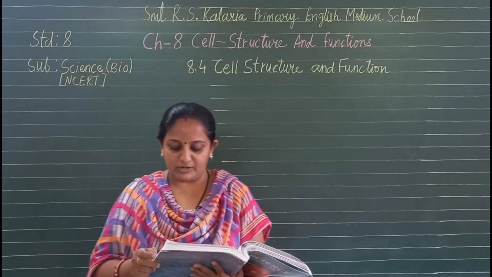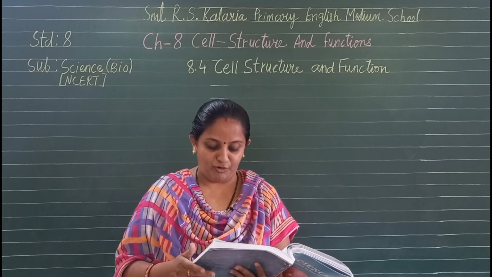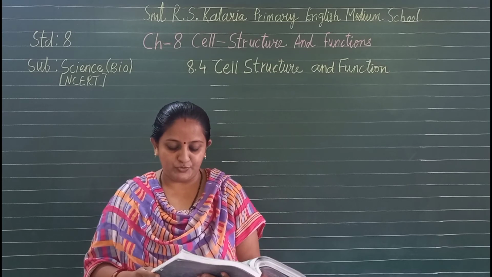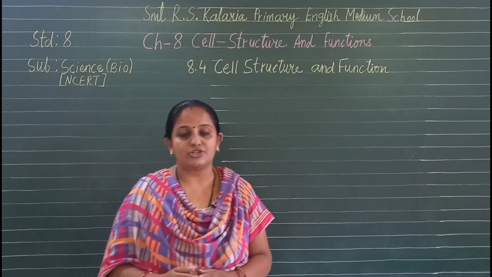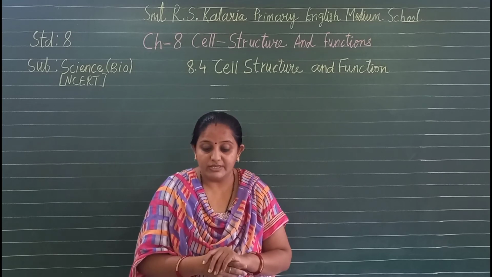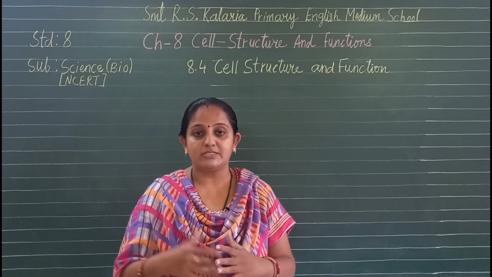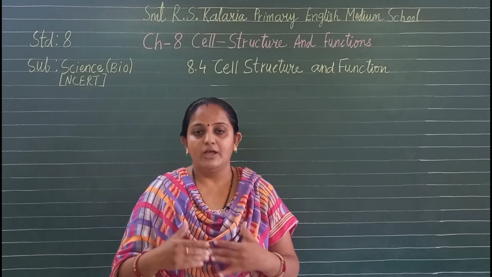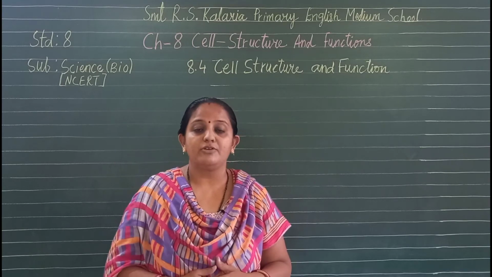Now each organ is further made up of smaller parts known as tissues. A tissue is a group of similar cells performing a specific function. Paheli realizes that an organ is made up of tissues which in turn are made up of cells. Now the cell in a living organism is the basic structural unit. From this we understand the cell is the basic structural unit, and the structure and functions are different. The specific or specialized cells together make different functions, like for digestion, for the circulatory system, for the nerve cells. All these are different in size and shape, and they perform different functions.